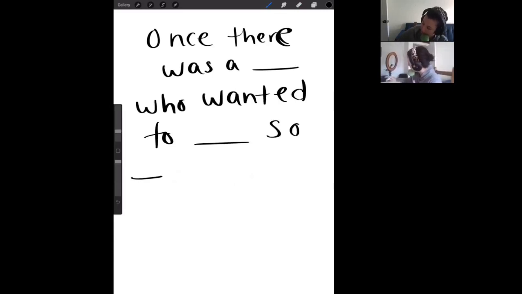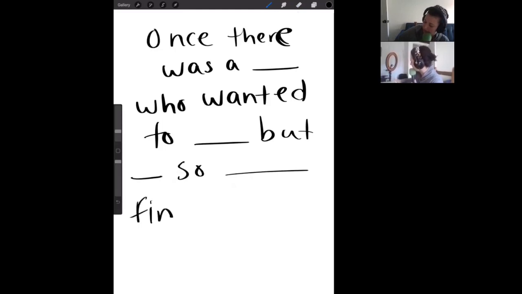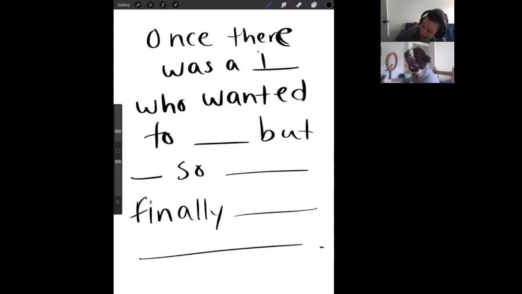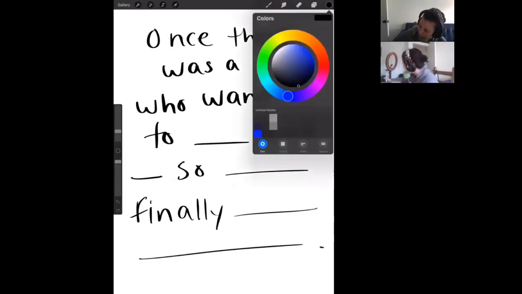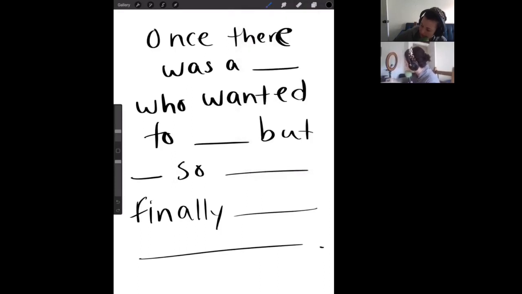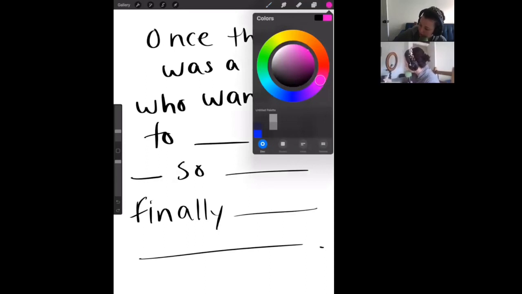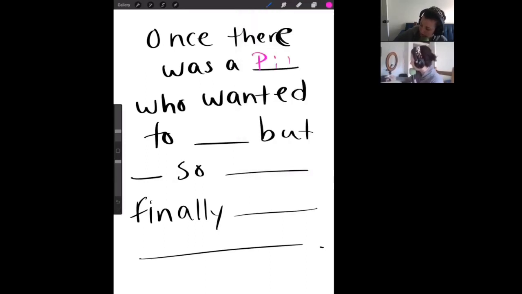Oh, no, it's supposed to be but. We need a problem. But blank, so blank, finally blank. We can write a story. So once there was a pig, or maybe I would change colors, and then I would ask them to fill it in for me. So once there was a pig who wanted to join the circus,